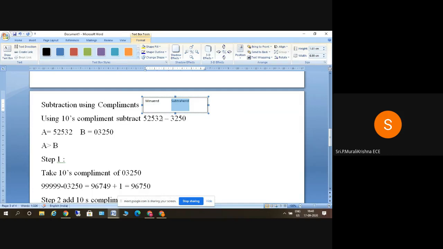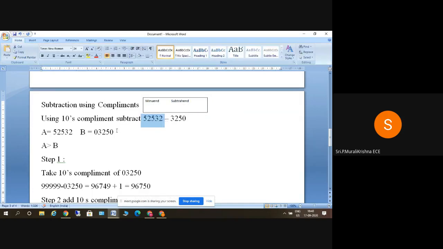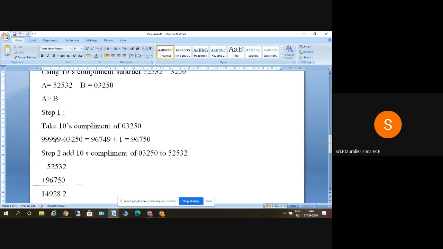This is having 5 digits, and this also we have to make 5 digits by adding a sufficient number of zeros here. And first of all, we have to check the case here: A is greater than B. Even if you don't understand whether A is greater than or less than B, if the result gives an end carry of 1,